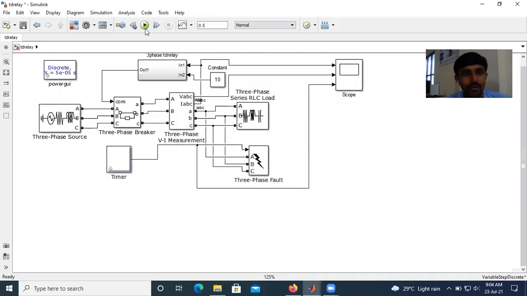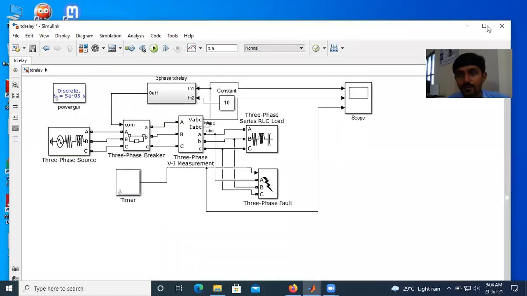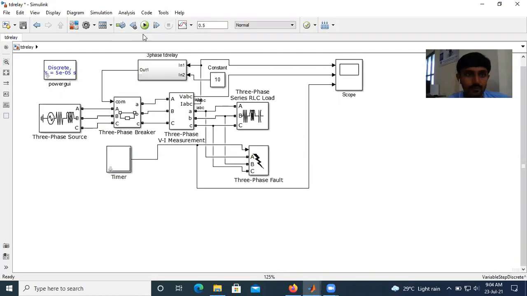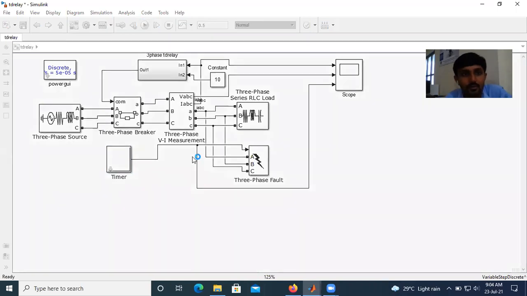Now we will simulate. First of all, it will compile all the files, and here you can see the compile status of the file.